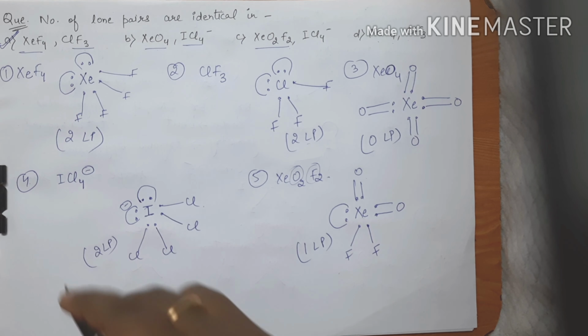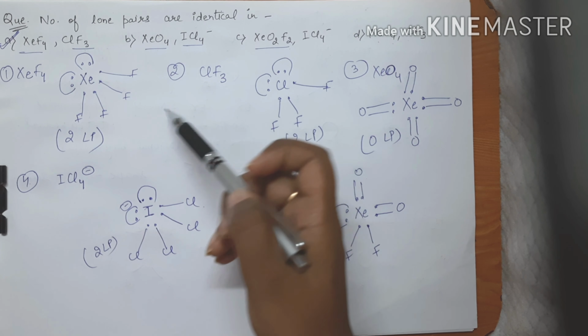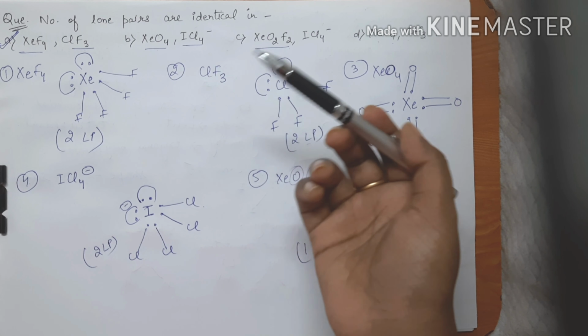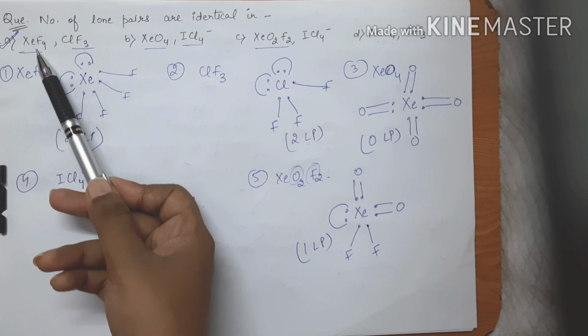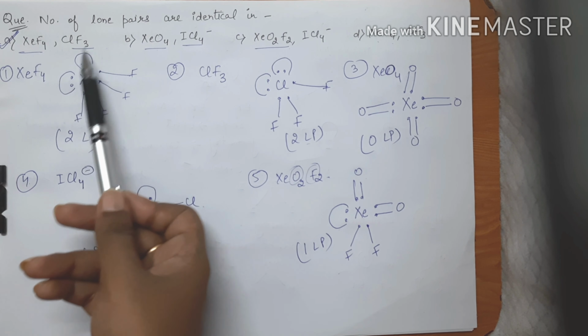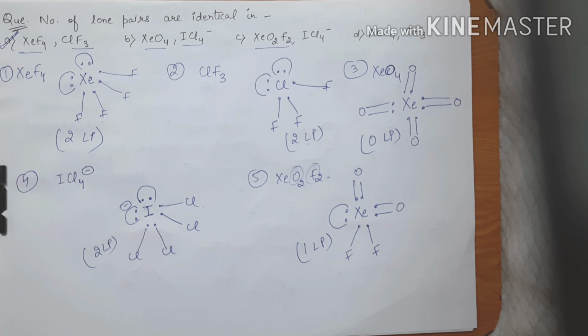So this is all about the concept of finding lone pairs. We have to look for the geometry or structure of the molecule. We have already got the answer, that is A. In this pair both have 2 lone pairs, so the correct option is A. So this is all about the second question. In the next video we are going to solve some more questions of previous year CSIR NET on chemical bonding. So that's it for this video. Thank you so much for watching.